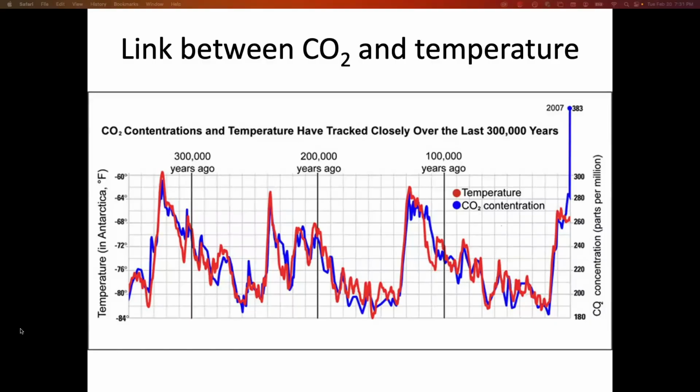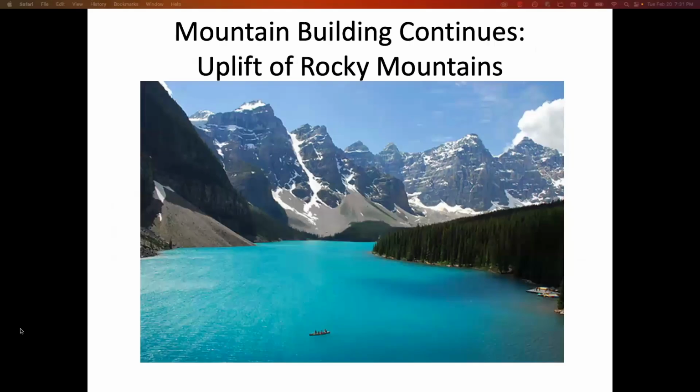Here's a general diagram that shows the close correlation between temperature and carbon dioxide over the past 350,000 years. There's a very tight, close correlation. Notice the big peaks and the valleys here that we see. Okay. So as we go forward in this,